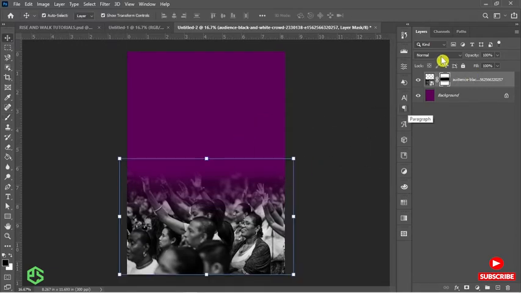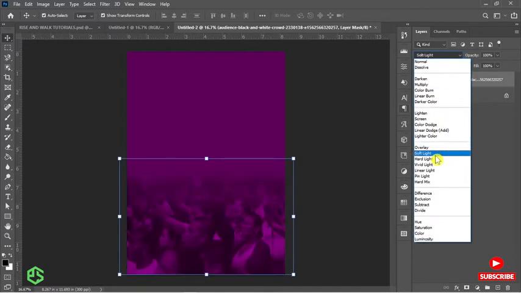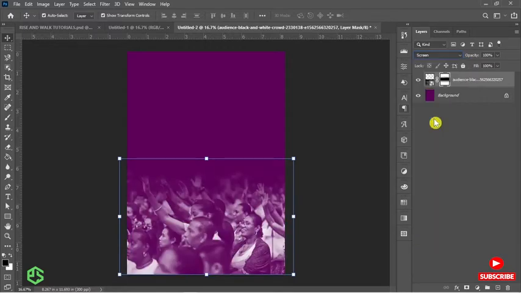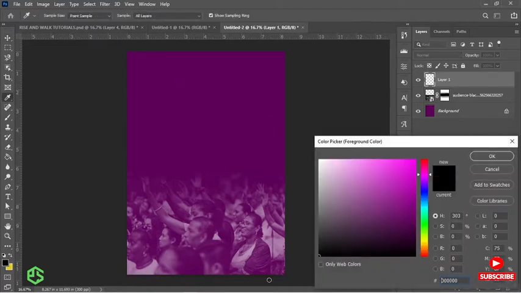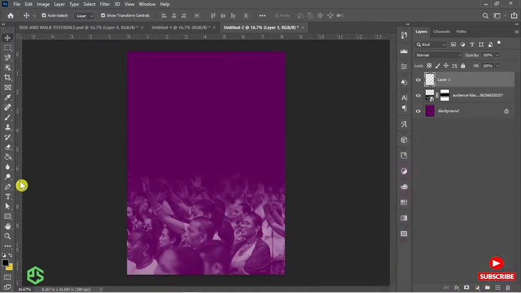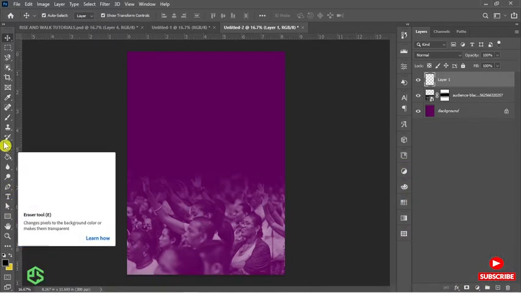Alright, so from here I'll change the blending mode of this to screen, and I'll reduce it to something like this. Okay. Alright, so from here I'll add a layer. You see the plus icon beneath here, click on it to add a layer. Then with a black color and with the help of my brush tool,